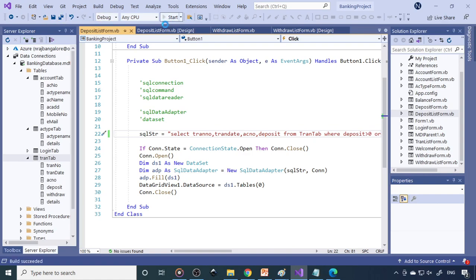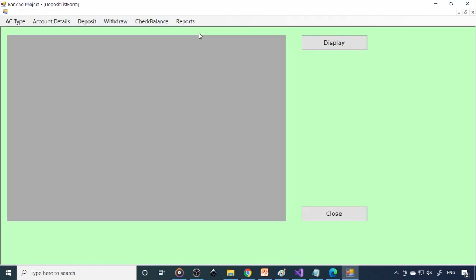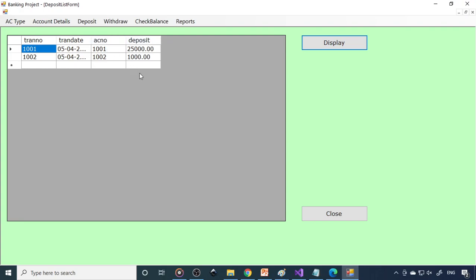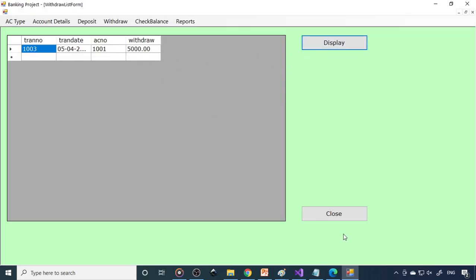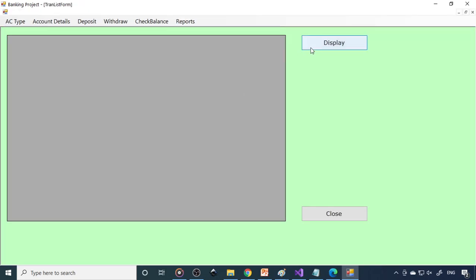Now if I run this, with deposit list, only deposits will come, no withdraw will come. Then if you go to withdraw list, you have only withdraws, and in the transaction list we'll have both